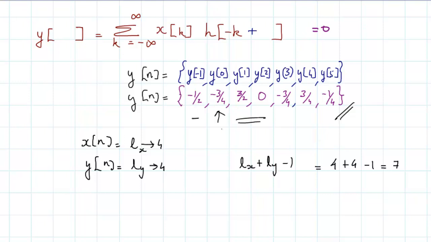So 1, 2, 3, 4, 5, 6, 7. I have got the 7 values. So the length is equal to 7. Sorry, I should have written here